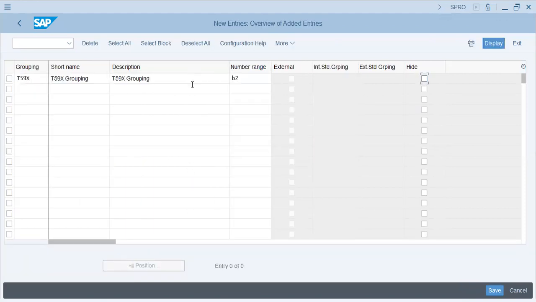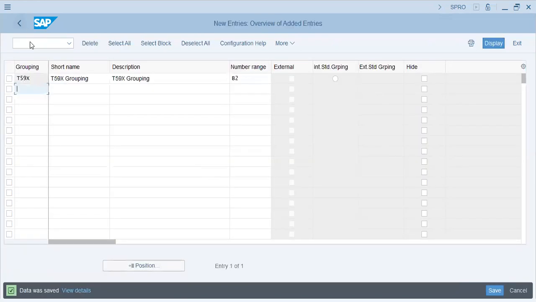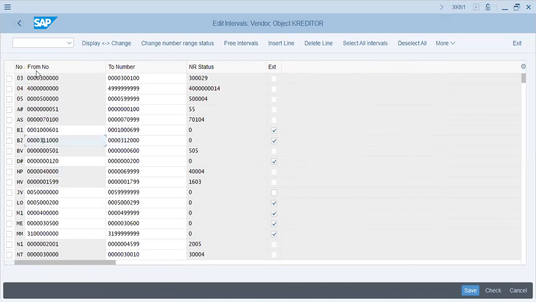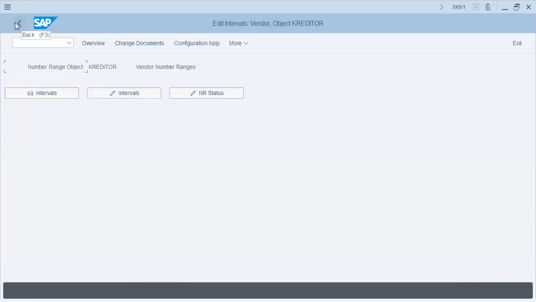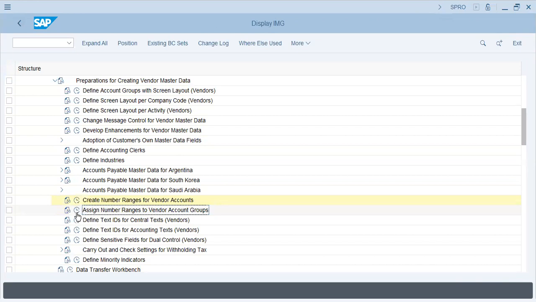Okay, enter. This is happening in central cross application components. Okay, now this is B2 in FI vendor. Okay, this is FI, for vendor accounts. Assign number range to account groups,